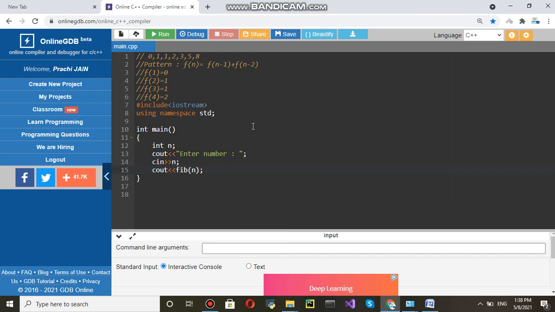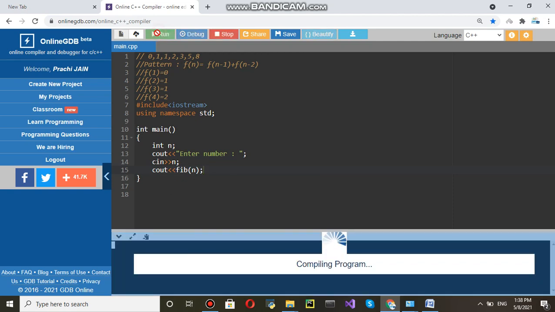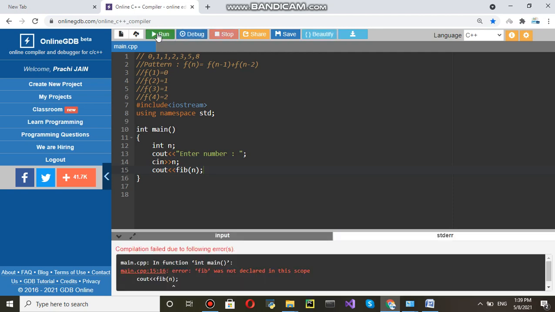Cout, n is passed. Now this Fibonacci is not defined. If you run, it will prompt an error. So see, I am running this and you can see the error: fib was not declared in this scope. So fib was not declared, right?